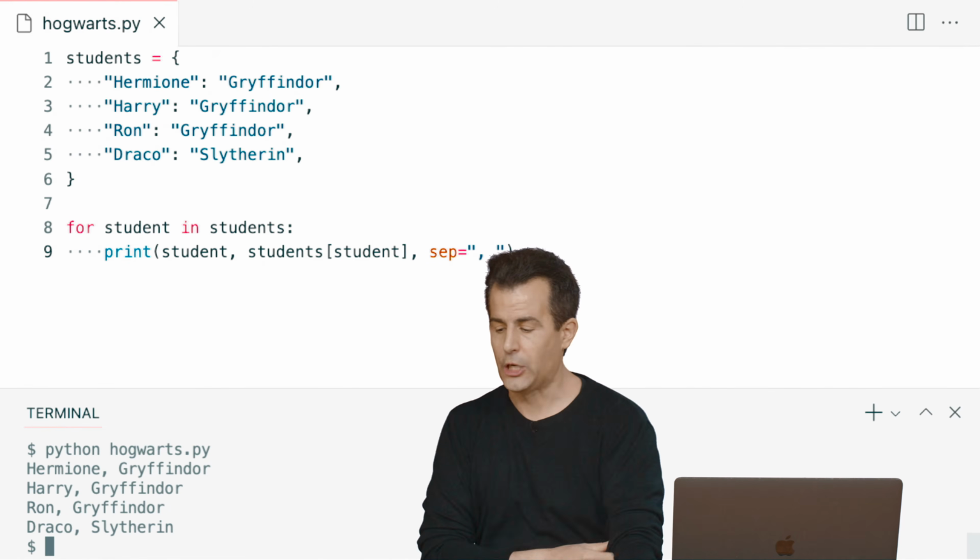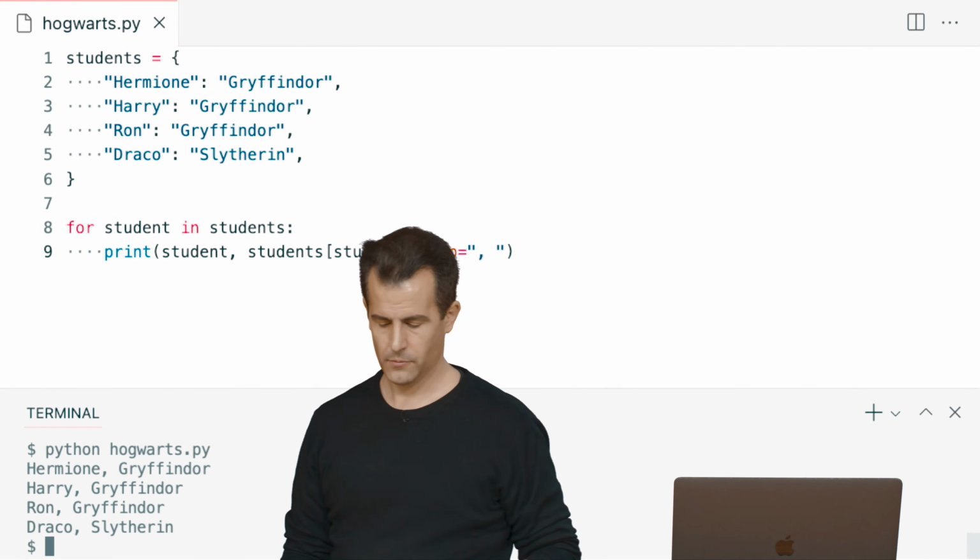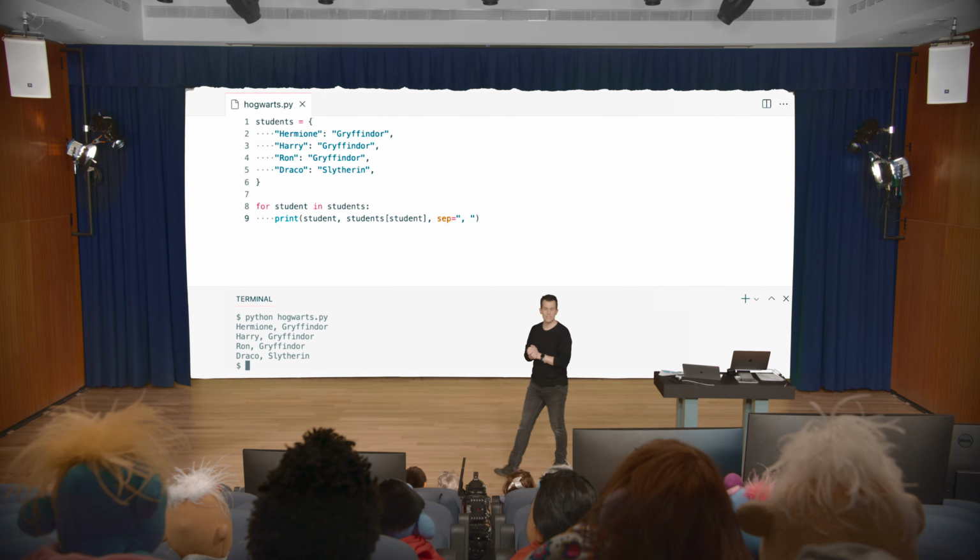Any questions then on these dictionaries and what I've just done? Questions on these dictionaries and this looping over them here? I just can't get my head around the for student in students. Correct me if I'm right, does that mean it imports the list of students and uses the indexes, or in other words, Hermione, Harry, and Ron, as the indexes in the actual list of students? Correct.